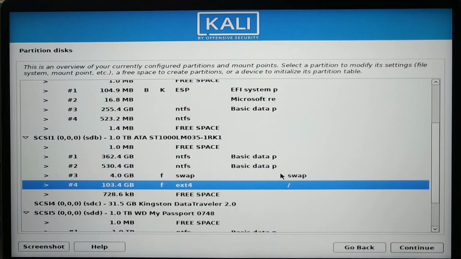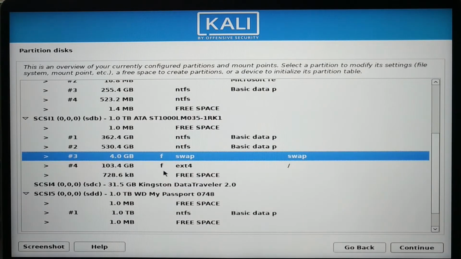Now this is for the one who wants to store the operating system in the system drive itself. So the next thing I will show is how to install this on the external hard drive. So for this I will first delete these partitions, because please remember that if you create a partition here and a partition in the external hard drive and you are thinking that the operating system will be installed in both of them, it will not happen, because it is default set to install the operating system on one drive. So it will have conflicts and ultimately your system might get into problems. So do not fall in the risk of doing that. I do not recommend that.